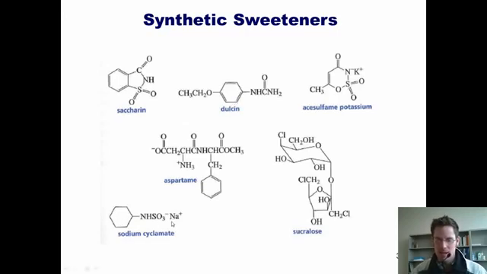Sodium cyclamate down here is another synthetic sweetener that was also later banned in the U.S. because it was found that large amounts of it cause liver cancer in mice. Aspartame, right here, which is also known as NutraSweet, is about 200 times sweeter than sucrose and was approved by the